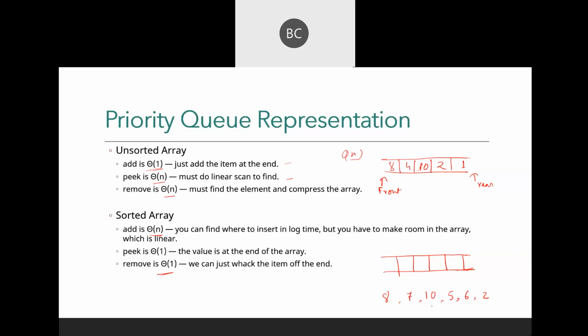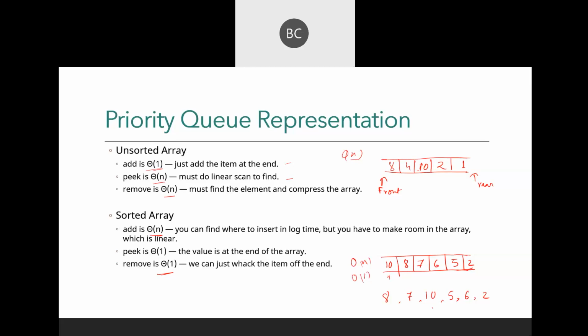So here you will find the element first, then you will arrange 7, 6, 5 and 2. Right? So adding an item will take O(n), and deleting means you already know the highest priority will be in front. If it is a maximum, then simply O(1) time.